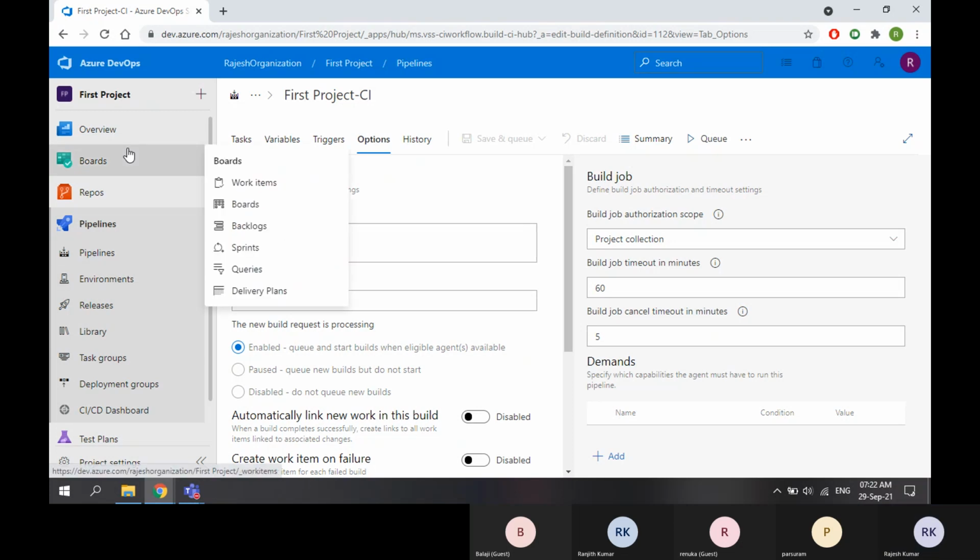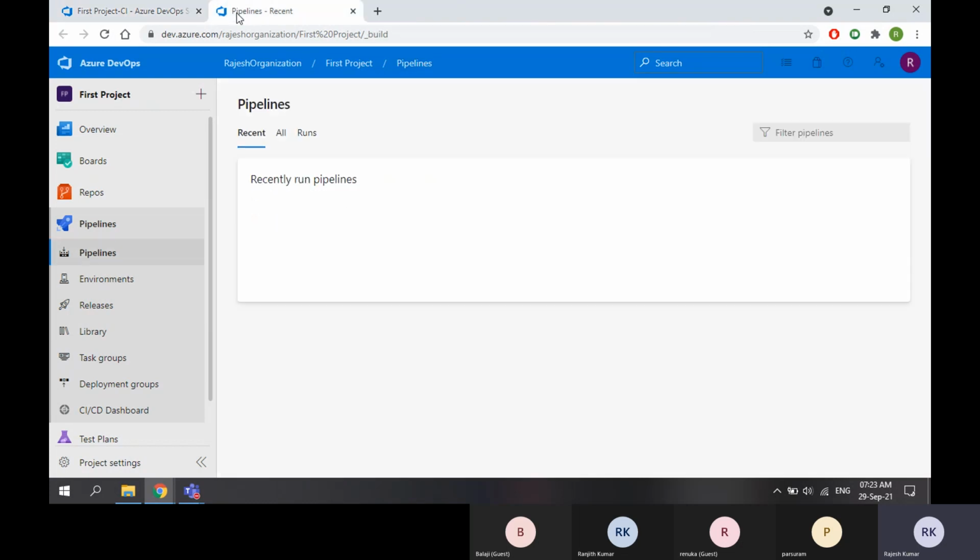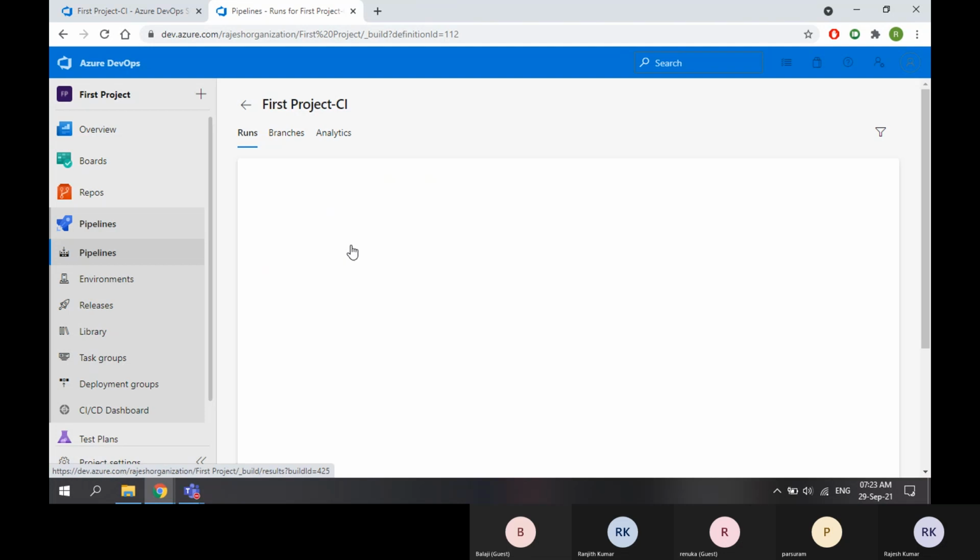If you observe the pipelines, you will see a number for these runs.